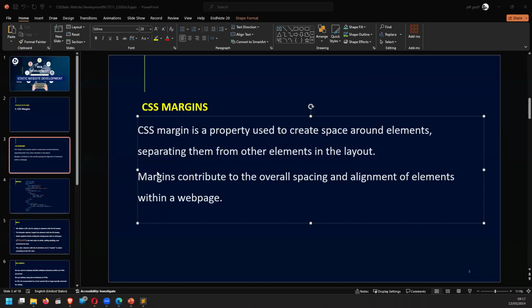Okay, it's now recording. Now, we are looking at CSS margins, and we have said that CSS margin is a property used to create space. You're creating space around elements, separating them from other elements in the same layout. Here we are going to look at how margins contribute to the overall spacing and alignment of the elements within a web page. Specifically, we're going to look at